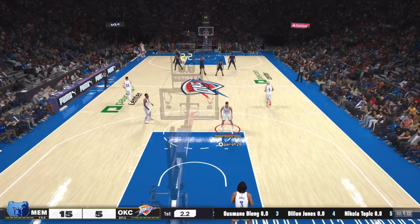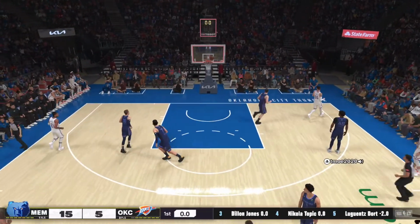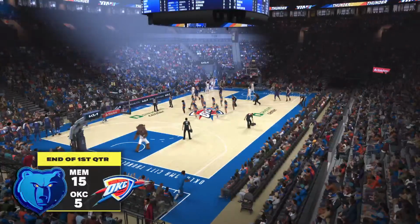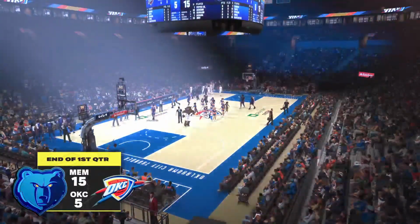And what a way to start this game, dominating at both ends of the floor. Obviously, guys, brilliant coaching, a perfect game plan. And so it's Memphis with a 10-point lead. Some breathing room heading into the break. They've been playing some...